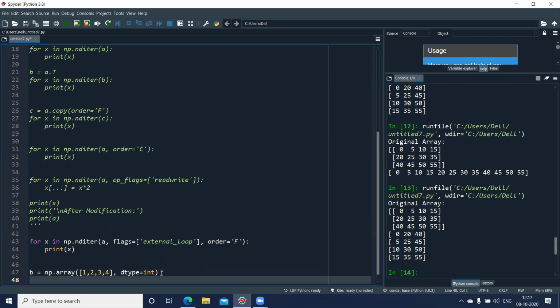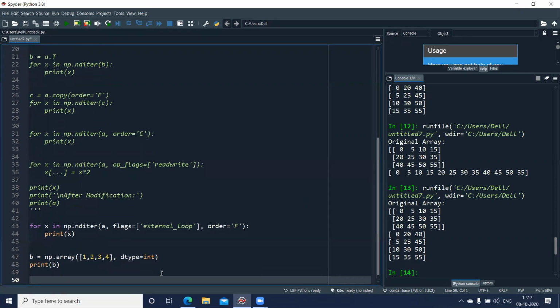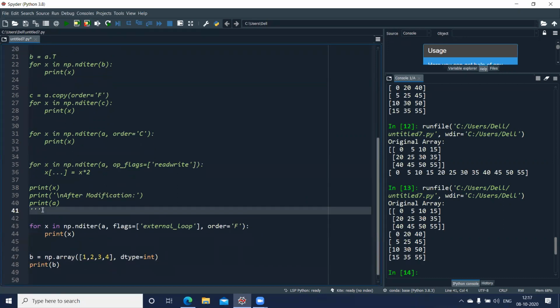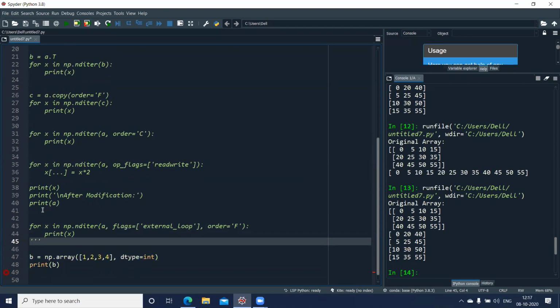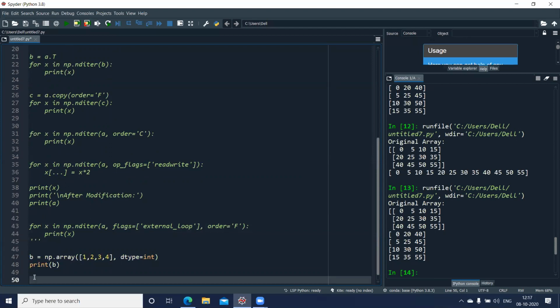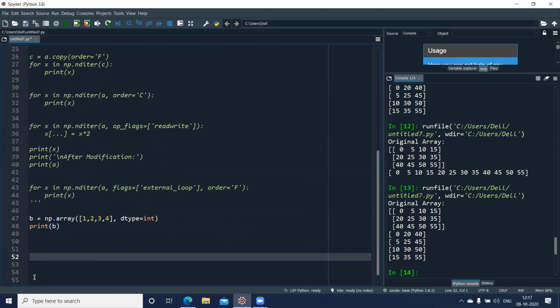Let us print this. So I'll print the array as well. Secondly, let me mark this as comments.